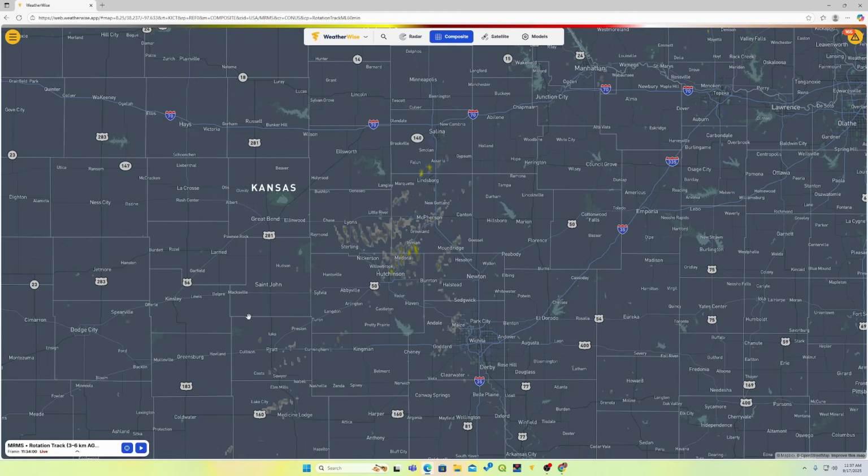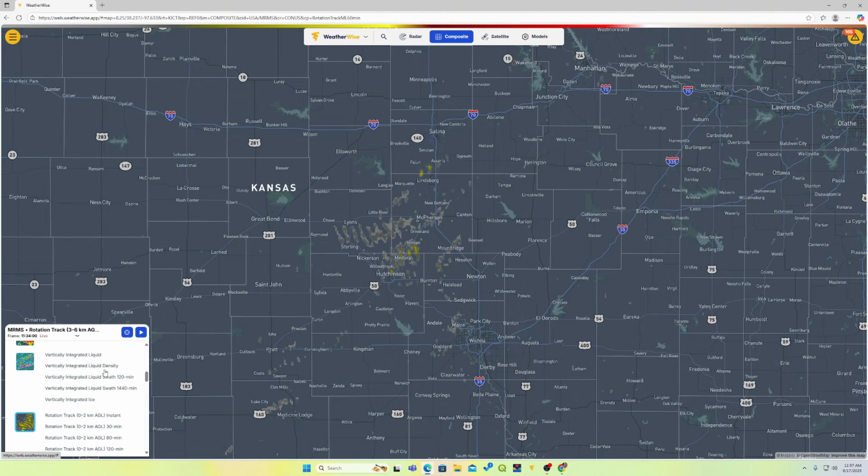Again, not a really great example to use this morning for you, but if we get one in the near future, I will make a short on this so that way you can kind of connect the two together. So now that we have rotation tracks, vertically integrated liquid, hail index, echo tops, and reflectivity covered, let's move on